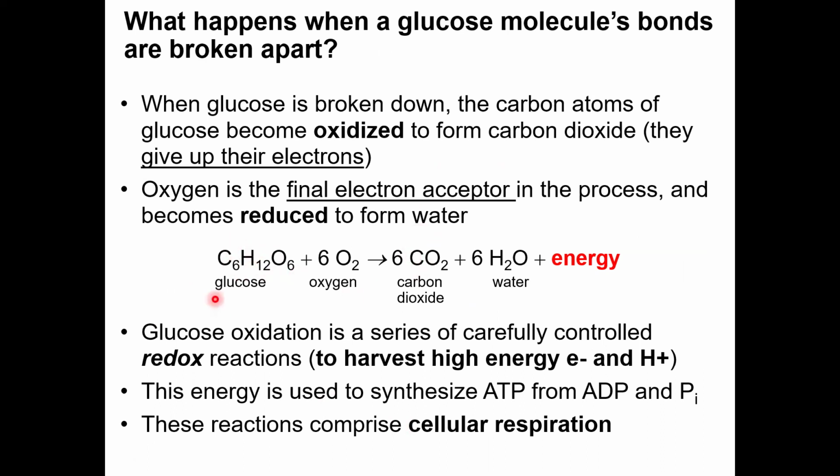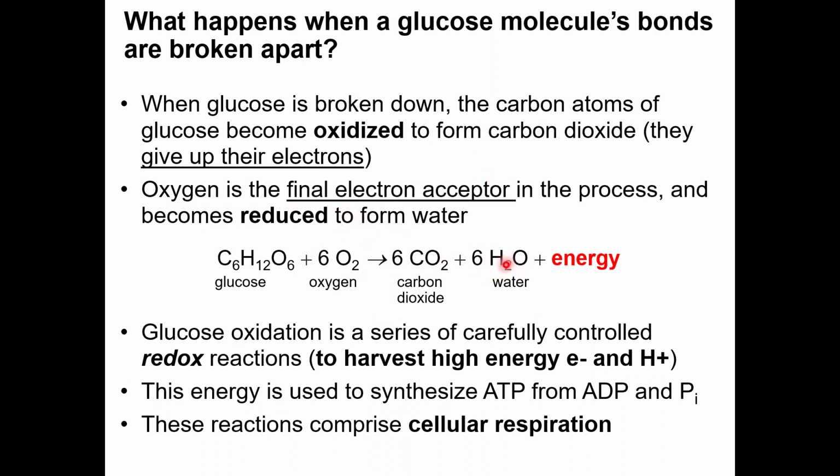So what happens is you end up adding oxygen to it, and they form carbon dioxide and water. The oxygen is the final electron acceptor in the process when it becomes reduced to form